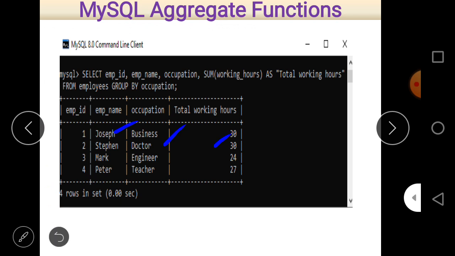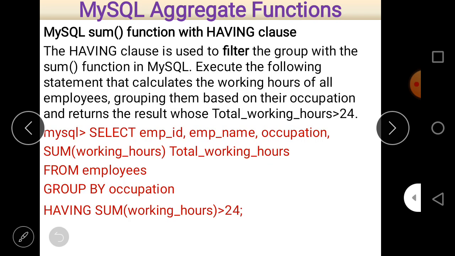So here one thing is very important: just write the name of the column on the basis of which you make a group, and then the function which you want to perform here. So these are the two important fields. Next is the sum function with the HAVING clause. This is similar to the previous one.